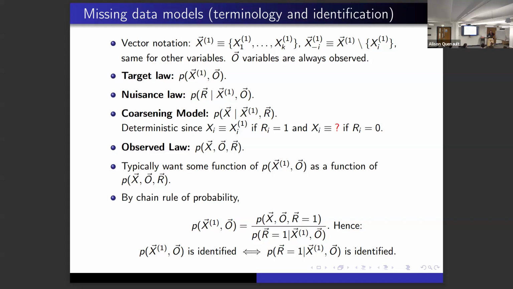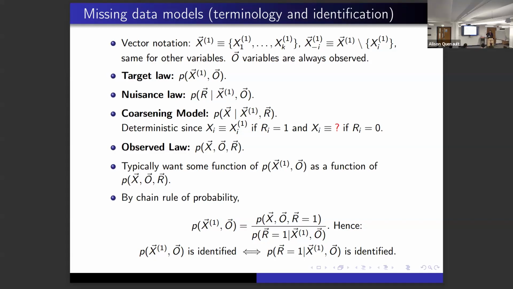Yes? Are you going to consider different variables missing at different times? At the moment, it seems there is no time so far, but it's different units, different individuals. At the moment, it's either they have X or not X. But what if there's another variable Y? Some have X missing, some have Y missing. So you mean like different people are different rows? Yes. You could have different realizations of R's for different rows. That's fine. That's this, basically.